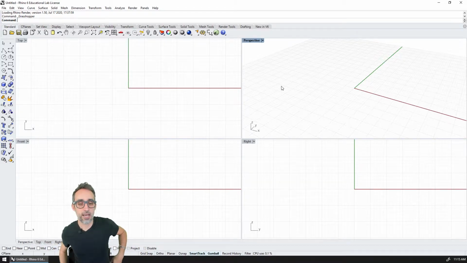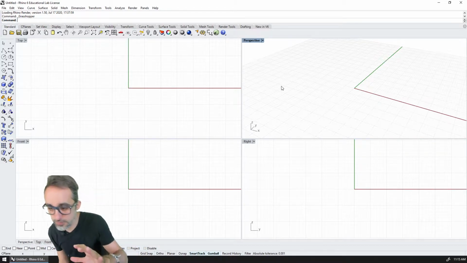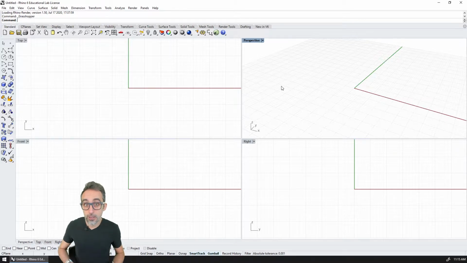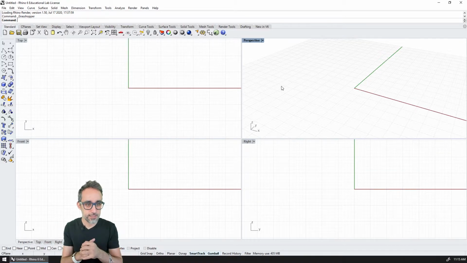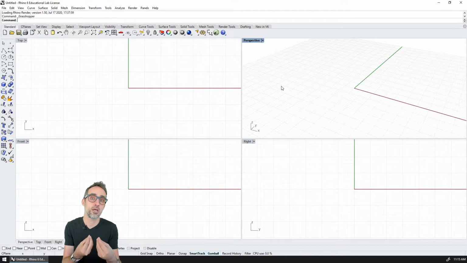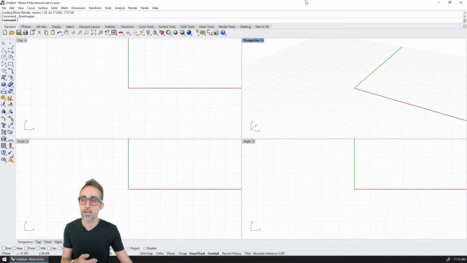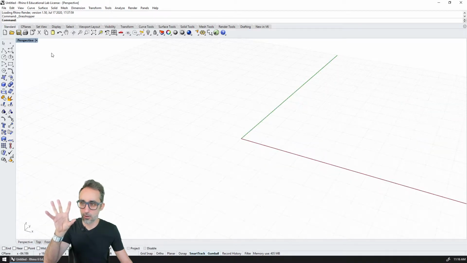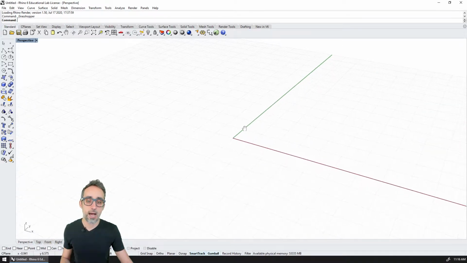So here I have my Rhino viewport. Rhino is a 3D modeling environment that is very popular among product designers, sometimes in architecture, but it is also very well known for having a NURBS kernel that allows for freeform modeling, which is super interesting. So if I have my UI here, I'm just going to go directly to full perspective mode by double clicking on the perspective tab here.